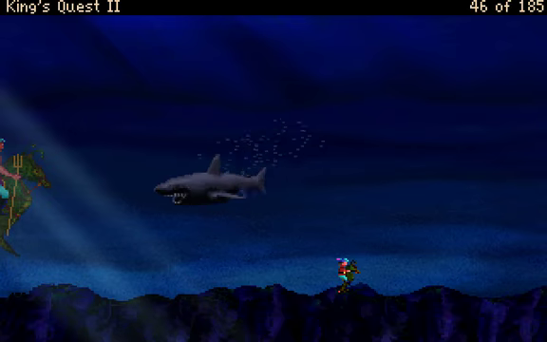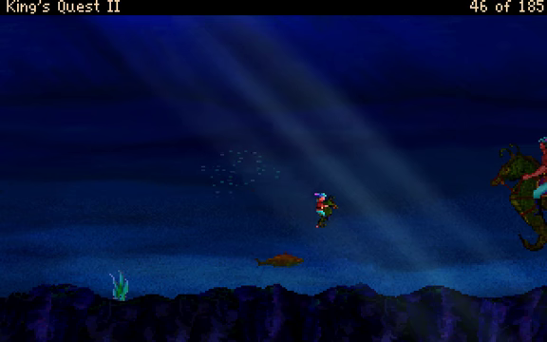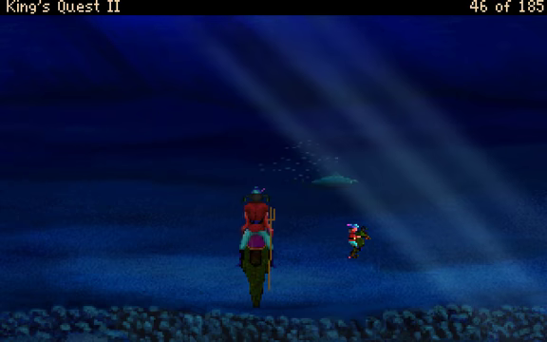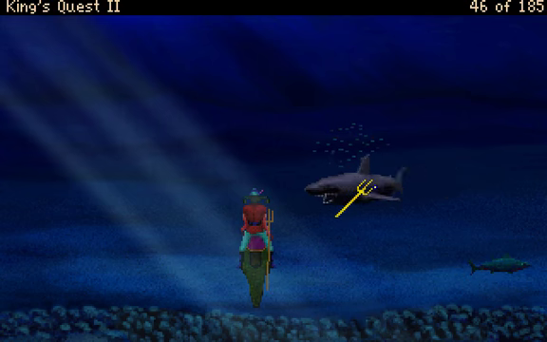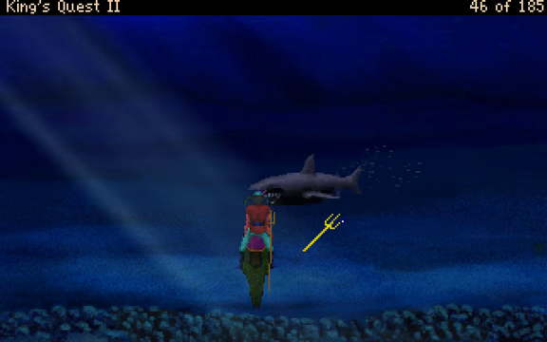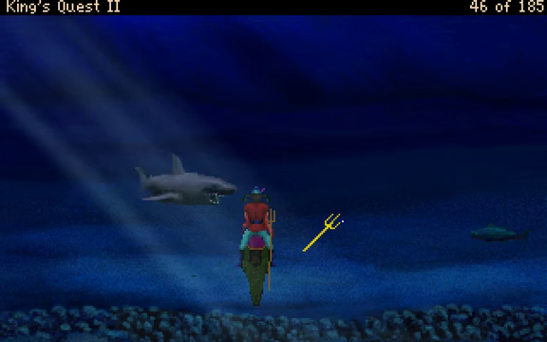So theoretically, if you wanted to, you could genocide all the Sharkies in the ocean with this Trident and turn them into those harmless fish. Now I'm wondering what happens if I try to hit one of these regular sharks. The shark is not paying you much notice. You would do best not to unnecessarily draw its attention. Okay. So yeah, anyway, so you can use the Trident to get rid of those Sharkies if you want to,